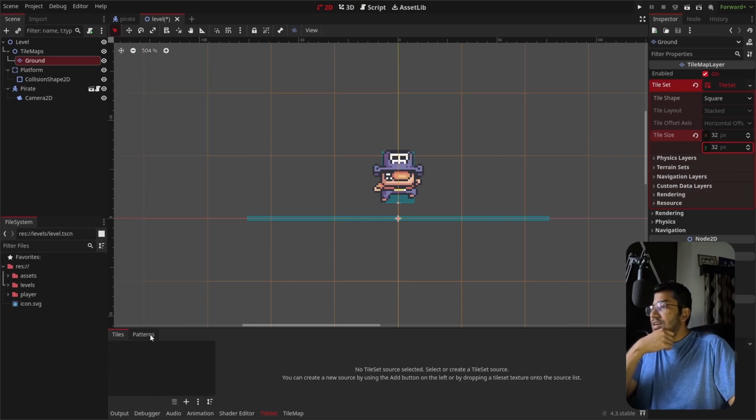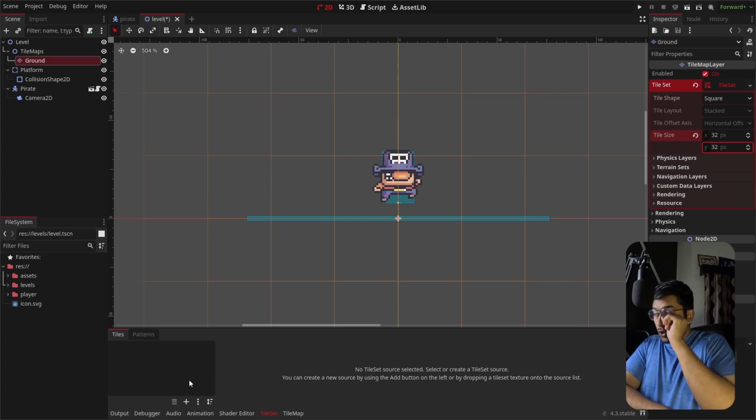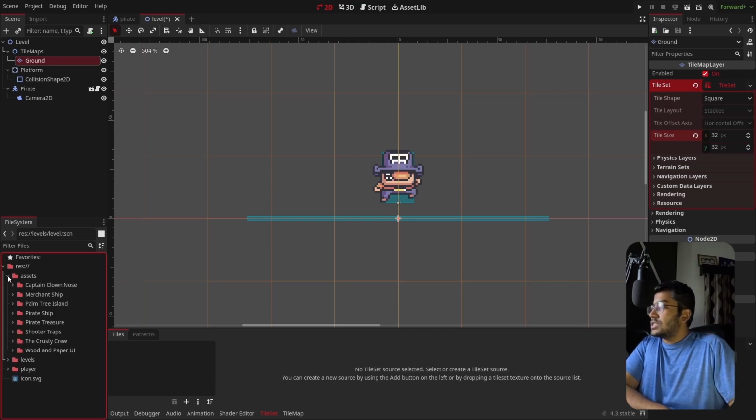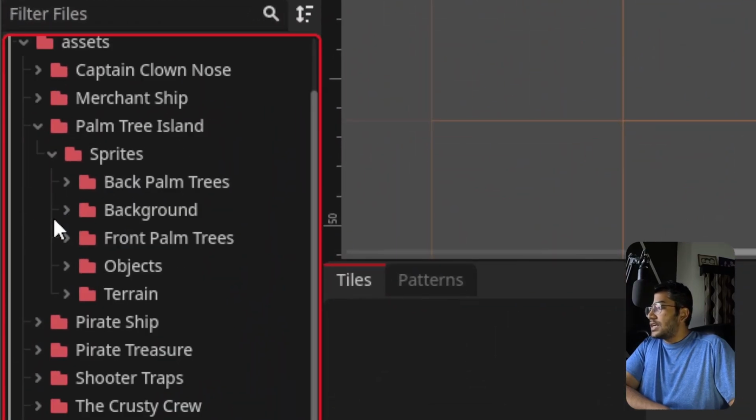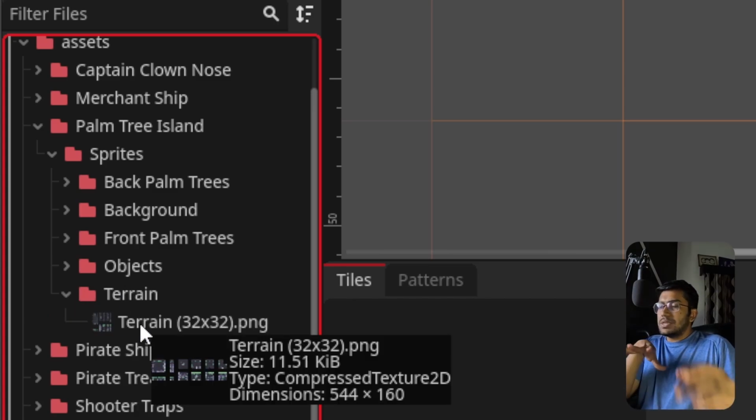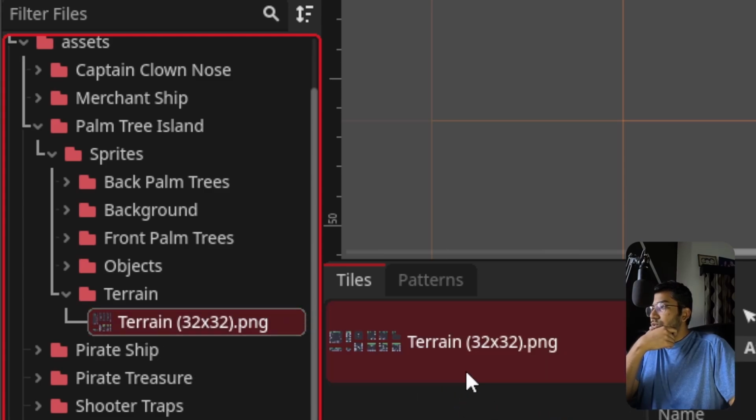So if I click on that, I would have something like this panel. So we have tiles, we have patterns, so we'll go with tiles. So now what we want is to add a new tile set that we already have. So if I go into this asset, and in this asset, if I go into this palm tree island, click on the sprites, and I can see something known as terrain. So this would contain our terrain, or basically the land and everything. So what I can do is I can just select this and drag it here,